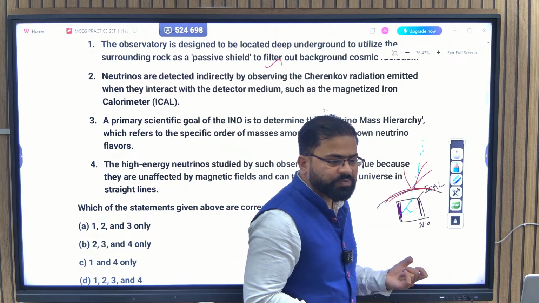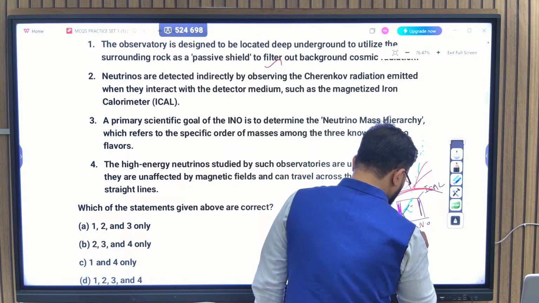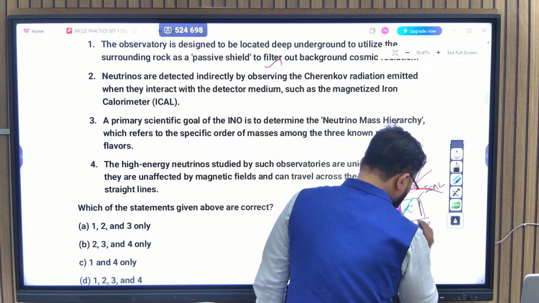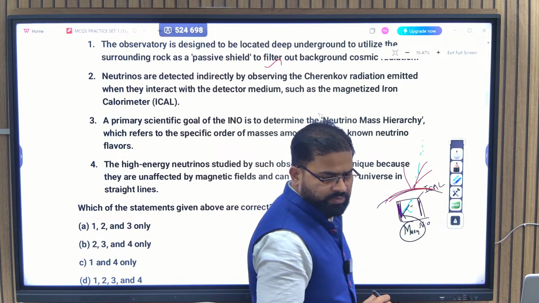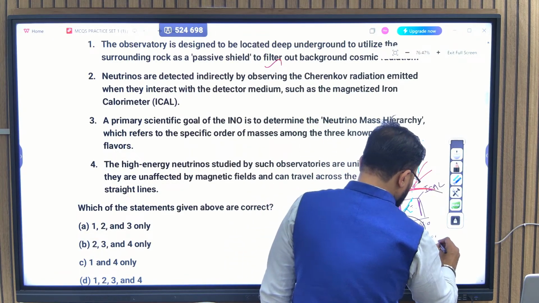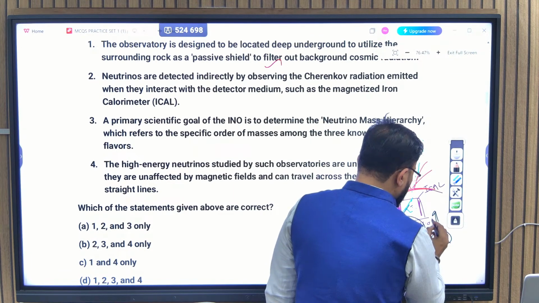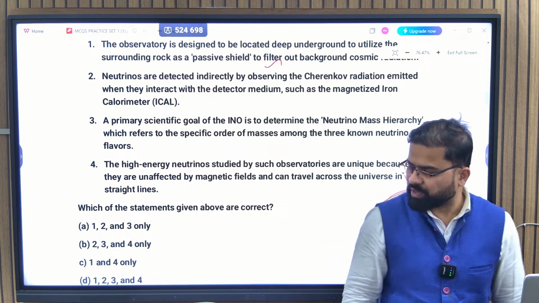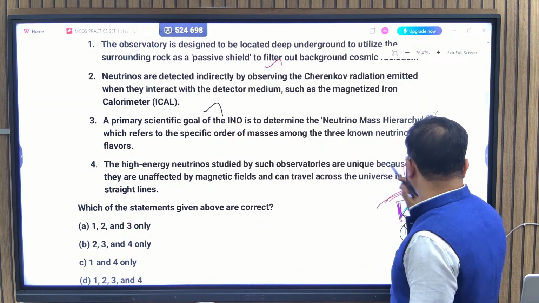It's going to release the charged particle muon. It's going to release what? Charged particle muon. This is called muon. And this charged particle muon will be traveling at a speed greater than the speed of light in the medium. That means it's your Cherenkov radiation, and this Cherenkov radiation is being studied. Okay, so the second statement is also correct. Okay, third,